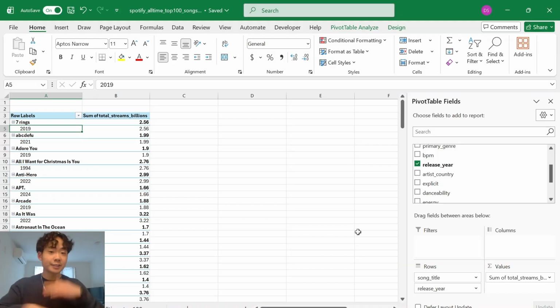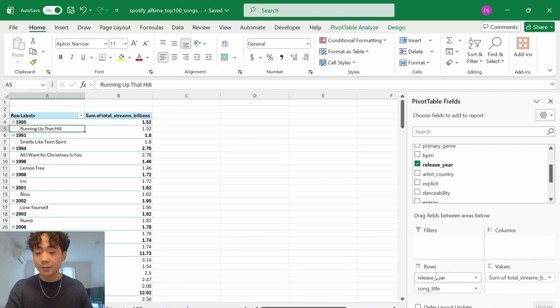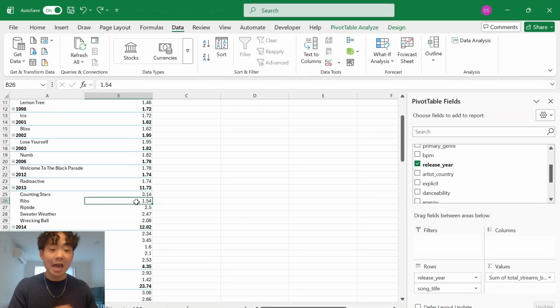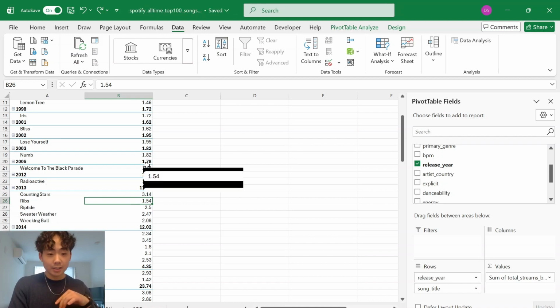So if we switch that around and we say that the release year is the parent of the song title, now we can see that it's more interesting because we can have multiple different songs that are released in the same year. And another thing that I want to add that I haven't talked about before is sorting all of